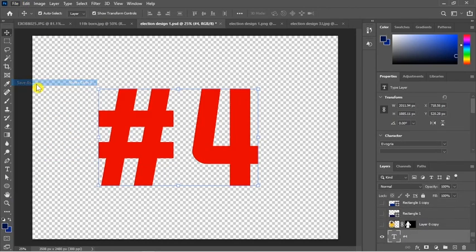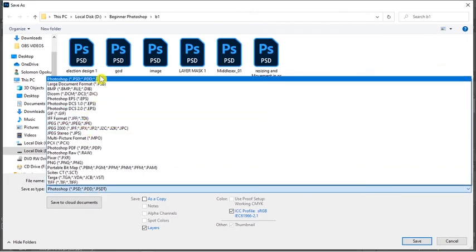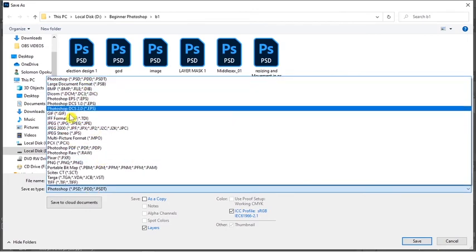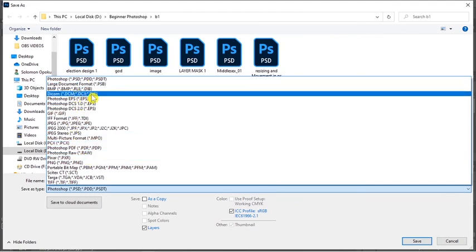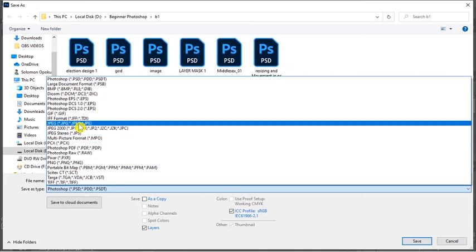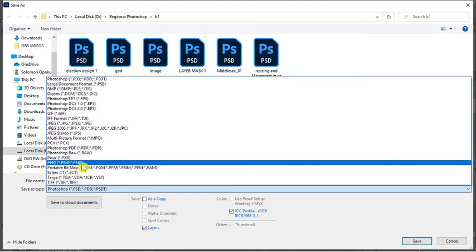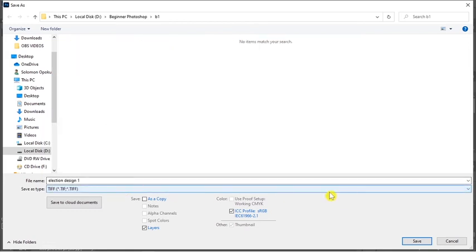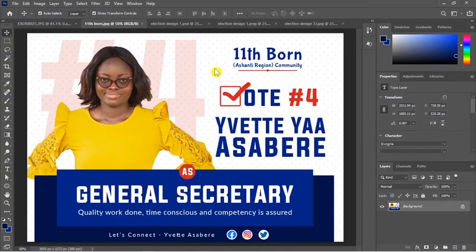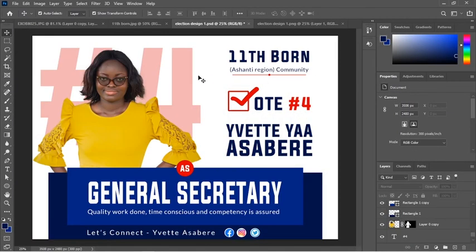So we have a lot of save options here, so you can toggle around each of them, but the most used are PSD, JPEG, PDF, and PNG, and sometimes TIFF. TIFF can also be edited in Photoshop, and you can also open it as an image. So let's try TIFF and let's see. Let's use this design and try. So let's save this image as TIFF and let's see the difference.